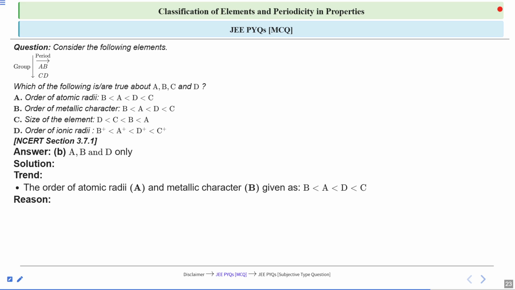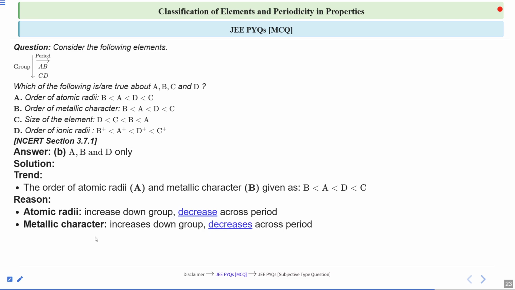We know that the atomic radius increases down the group and decreases across a period. That is the reason we are getting the trend. But what about the metallic character? Why is it following the same trend? If you remember the metallic character trend, then metallic character decreases from left to right and increases from top to bottom. Now that quickly aligns with the atomic radii order. Therefore, your metallic character and your atomic radii will follow the same trend. Okay, I hope this is clear to you.